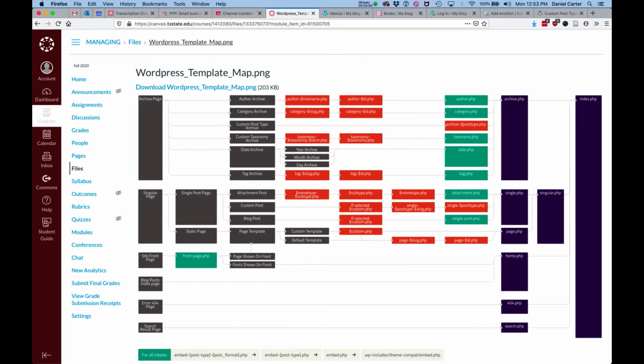So if we think about our flow chart, we're doing an archive page, and what I want is an archive page just for the book content type, because I probably want to display different custom fields here. So right now what's going on is I follow this line here. If there's a file called archive-book.php, it's going to use that. Otherwise, it's going to fall back to archive.php. So that's what it's doing right now, using archive.php, and I want to create a custom template called